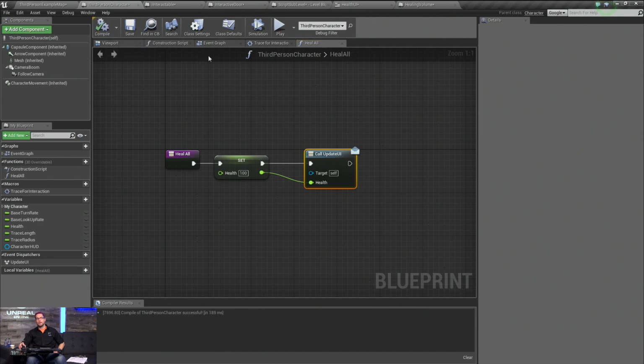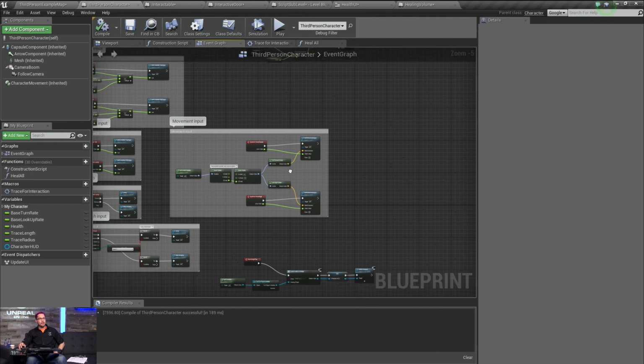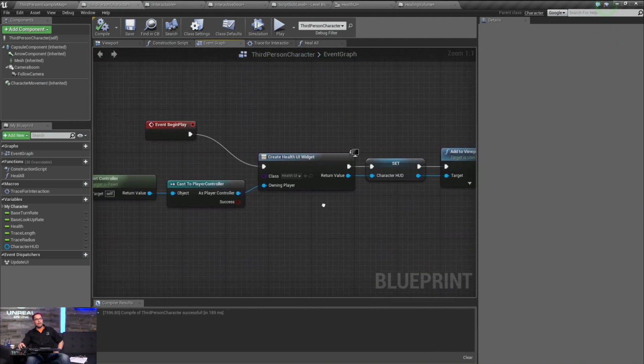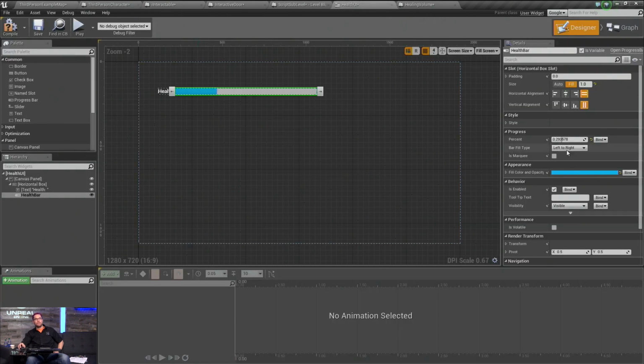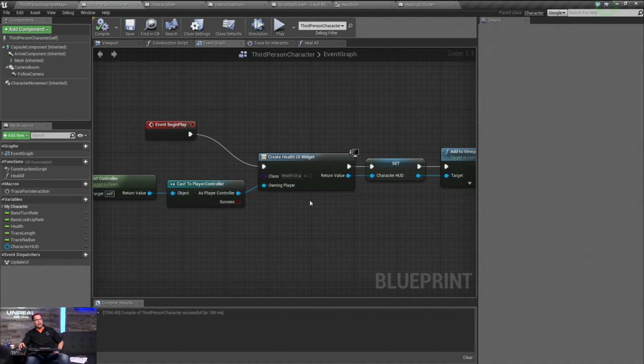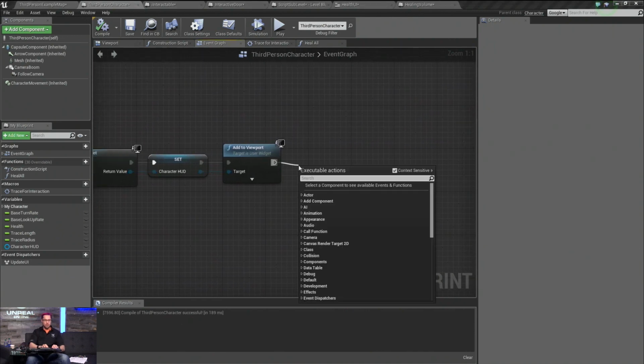We're almost done, but not quite. Earlier, we added our UI to our character so we can see it when we play the game. But our UI has a default value for its percent, which is because I was playing with the thing, it's like 0.32 something or other. So what we'll do is as soon as we have added this guy to the viewport, let's also call our